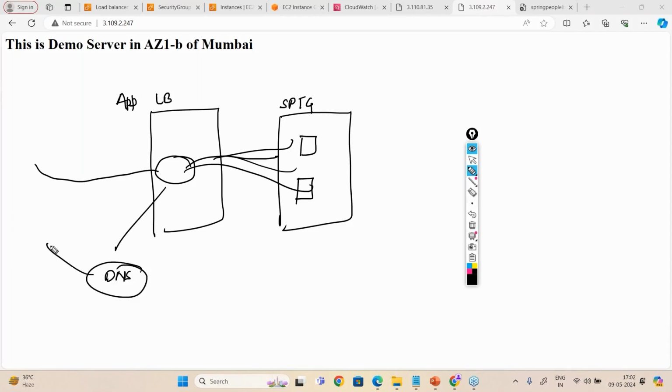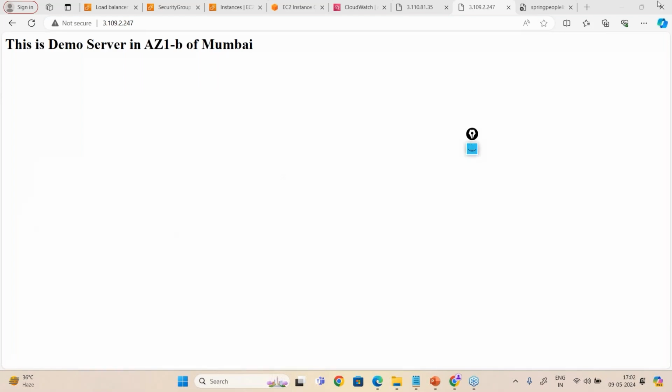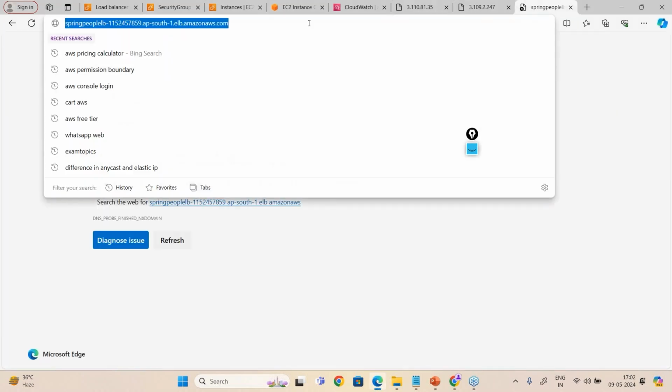Now this DNS I'm going to attach with www.facebook.com. So you will hit facebook.com. It will hit this DNS of your load balancer, and then this load balancer will distribute the requests equally among the servers. How will you do that? The topic is not included here, but yes, in AWS we have a service called Route 53. In Route 53, you are going to create an alias, and in the alias you are going to paste this load balancer link. So let me just check once if it is working or not. I think it started working. Just let me check this.